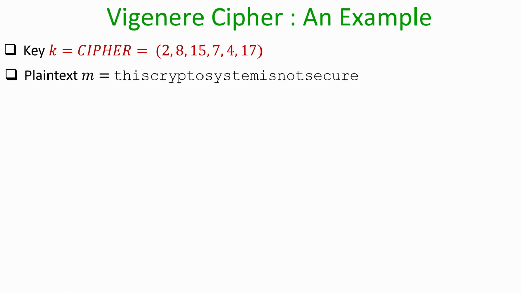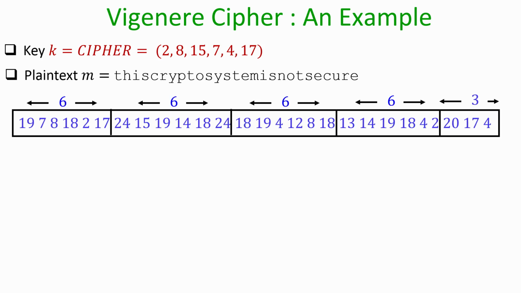So, the first step to encrypt this plain text will be to map each of the characters in the plain text to the set 0 to 25, namely to the numbers 0 to 25. So, for example, T gets mapped to 19, H gets mapped to 7 and so on. Once we convert the English plain text into numbers in the range 0 to 25, next we divide the message into blocks of 6 because our key is of size 6 characters. So, as you can see in this particular example, the last block is not a multiple of 6, it consists of only 3 symbols, that is fine.